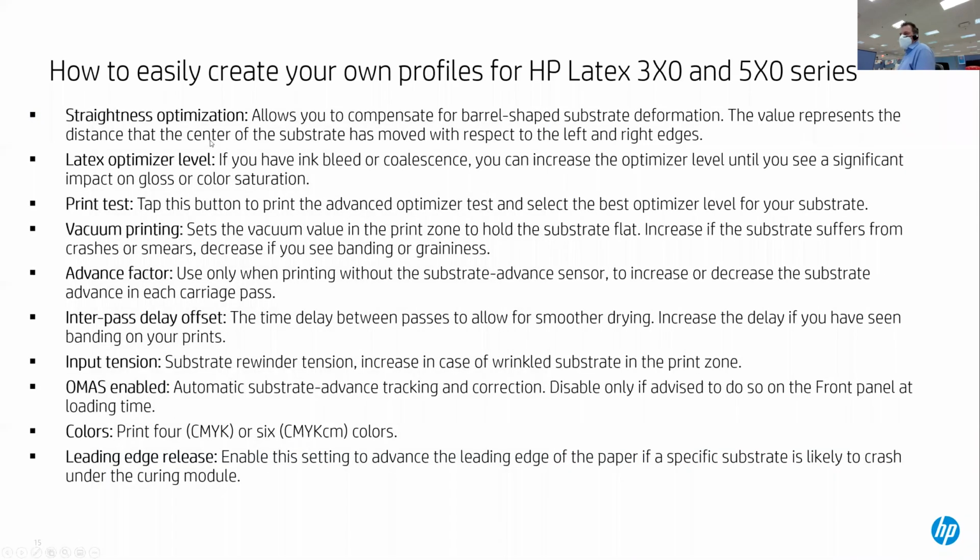Okay, what is the straightness optimization? When you're printing, depending on the media that you're using, it can deform. And it can deform, and I don't know if you can see me on screen, in some kind of, let's say, smiley shape, where the middle is more to the front than the two outsides. Now we can compensate for that, and that is the straightness optimization factor. The second thing is the latex optimizer level. You know that we're fixing our ink water